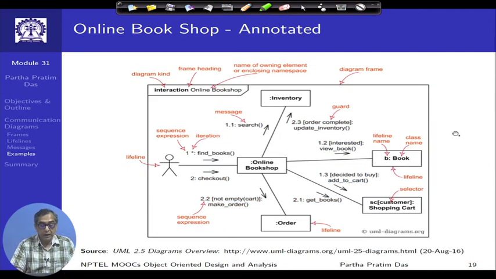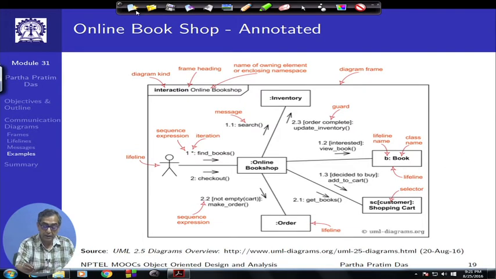This is the same diagram, only thing here is all the different items are annotated. You can use this diagram to clarify if you have had any doubts, and make sure that you understand all the different syntax of the